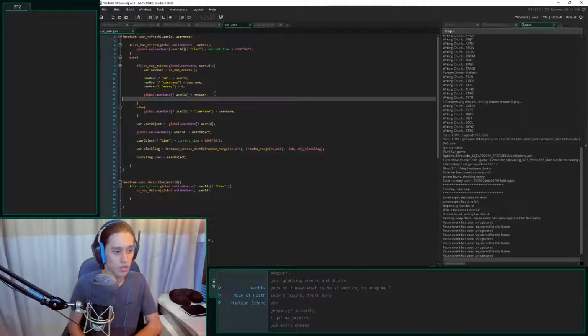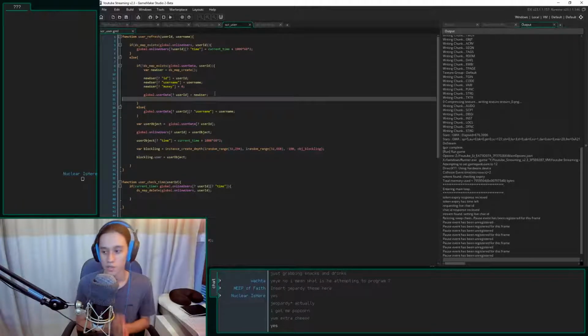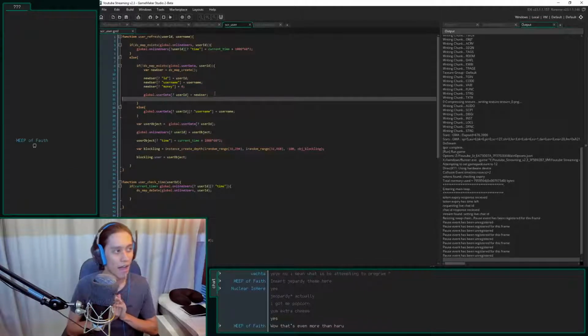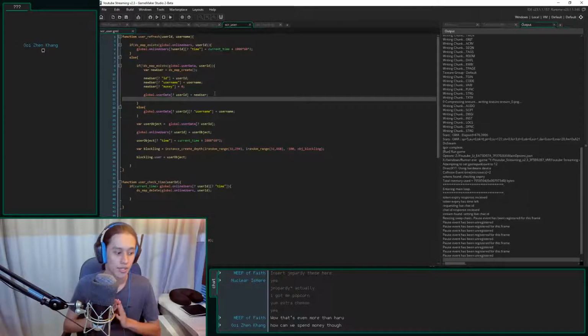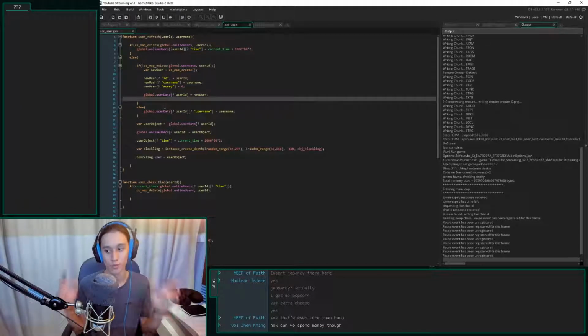Let's also work on the money system. How are you going to be earning money to spend? It's very important. I think we do a 10-minute cooldown, so if you send a message once every 10 minutes, you earn yourself a point. How can you spend money? Okay, spending money is the easy part. There'll be a shop. Where my face cam is right now, there'll be a shop here.